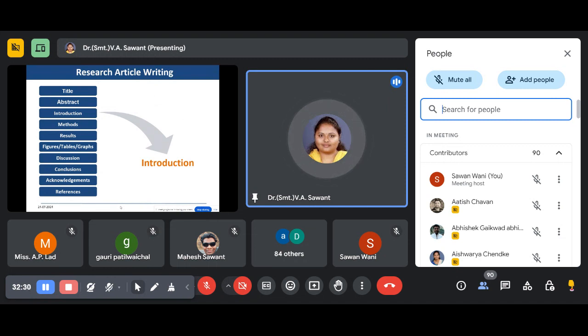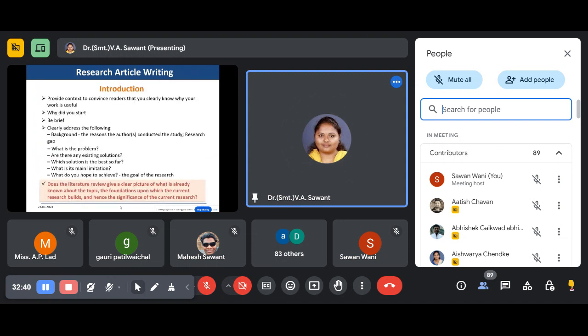The next component is the introduction of your research article. So this introduction part provides context to convince the reader that you clearly know why your work is useful. And why did you start, or why did you conduct your research? That means the purpose of your research,